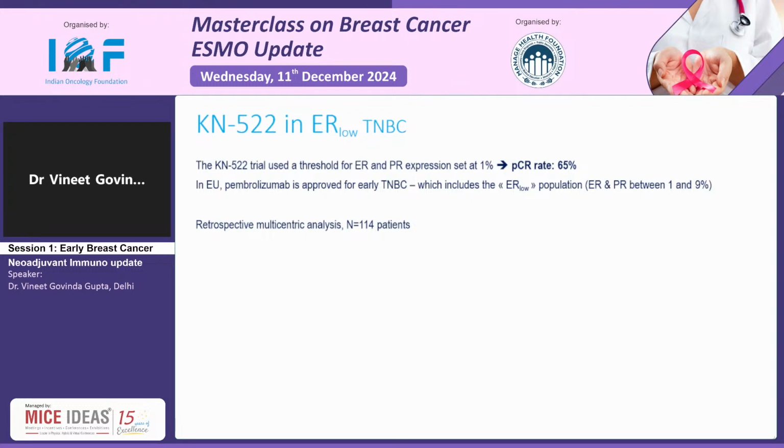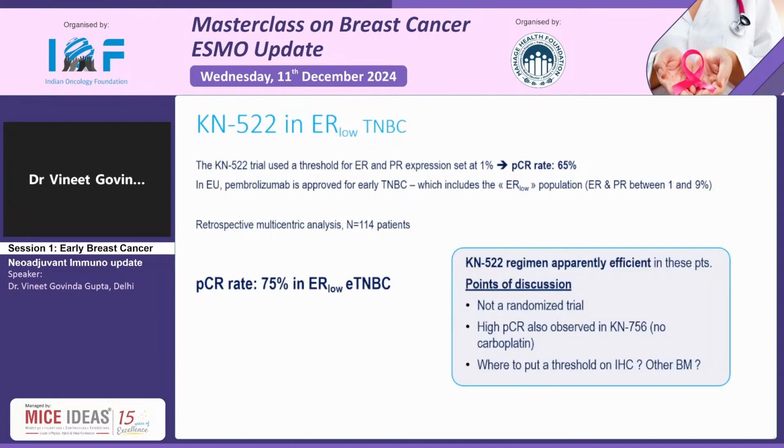In EU, pembrolizumab can be used for early TNBC, including the ER low patients with 1 to 9%. And in this analysis, there was a 75% pathological complete response rate in ER low early TNBC, indicating that pembrolizumab addition is apparently efficient in these patients, because normally you will not expect 75% pCR. In fact, in hormonal ER positive cancer, you usually don't expect a pCR of more than 30% or 40%. So although it is a retrospective analysis, it matches the kind of pCR you see with TNBC. So it indicates that even in these ER low patients, you probably can and should offer both carboplatin and pembrolizumab